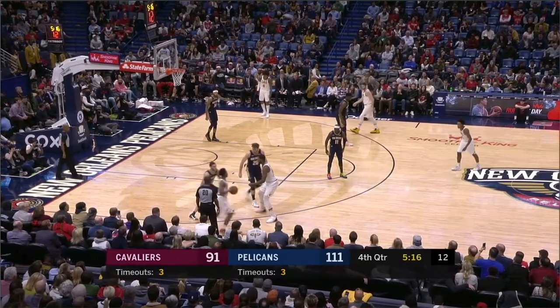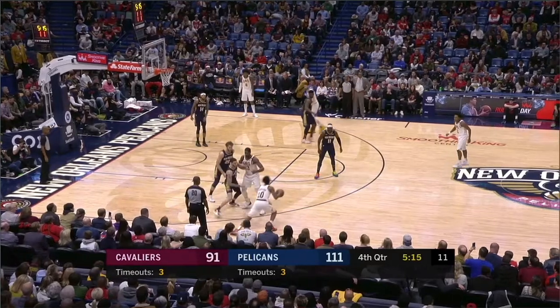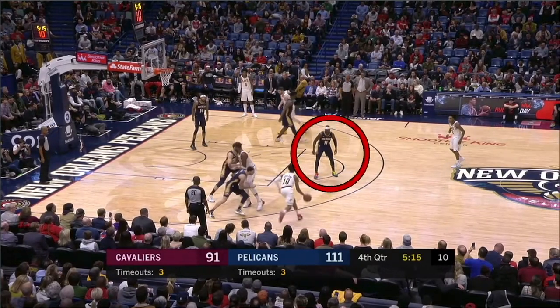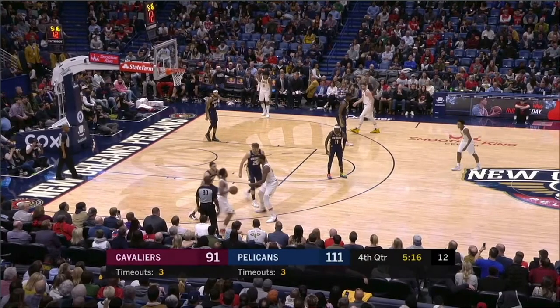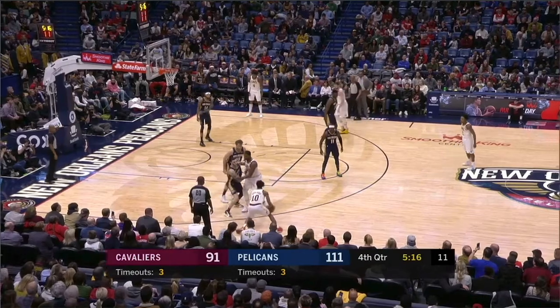All right, we're looking at an offensive clip here. So the Cavaliers are going to try and run an empty side ball screen here. Look at how far Jrue Holiday's all the way over here in the gaps. Now I'd really prefer, when this ball screen gets set, if this player for Cleveland would get wider here, because when you stand in the middle of the floor, you allow Jrue Holiday defensively to stand in the middle of the floor. But okay, fine. If you want to do that, look at this right here.